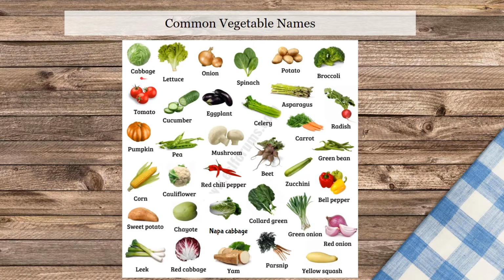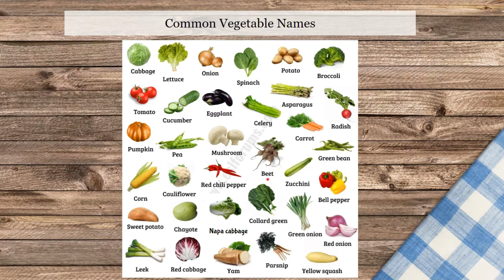Cabbage, lettuce, onion, spinach, potato, broccoli, tomato, cucumber, eggplant, celery, asparagus, radish, pumpkin, pea, mushroom, carrot,